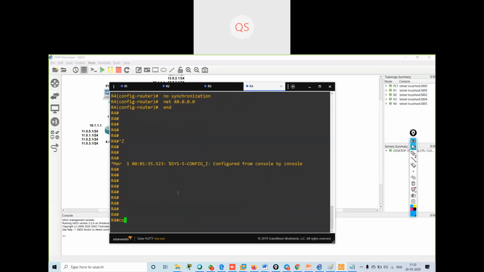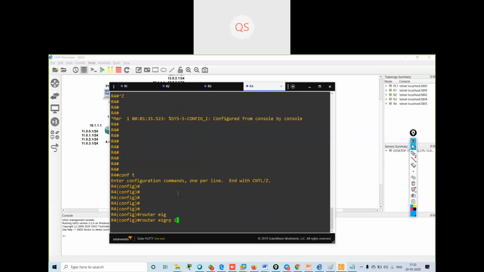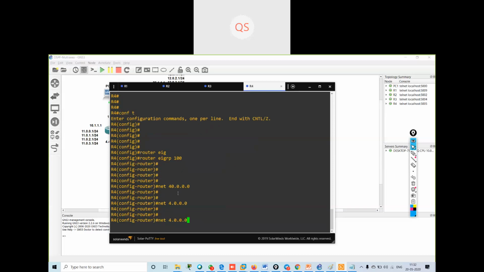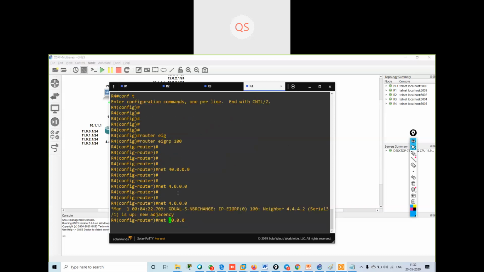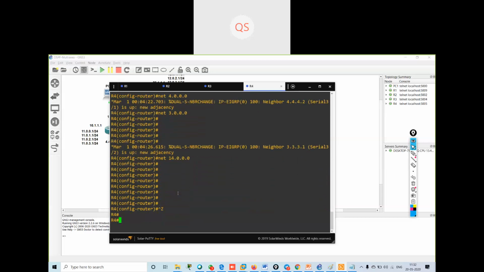If I go on router 4 and say router EIGRP 100, you should be very fast in doing these basic things. Okay, you should understand what is going on, should not get confused. First of all, you have to understand the topology, what topology you are using.